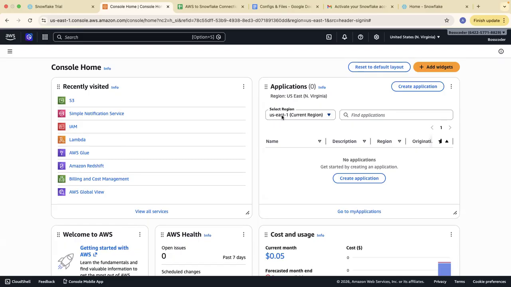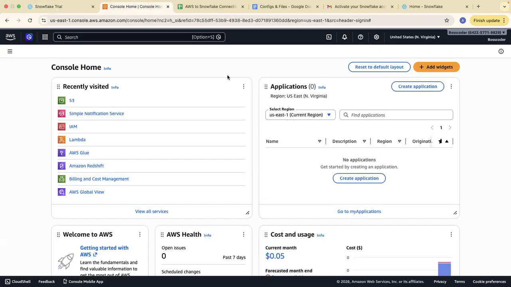If you see here, the region is US East, and when I created the Snowflake account, I selected the same region. Whenever you want to set up a connection between Snowflake and AWS, try to use the same region in both of them. It matters when you want to create an automation pipeline, so that every day when data comes into my S3 bucket, I want to load it into my table.